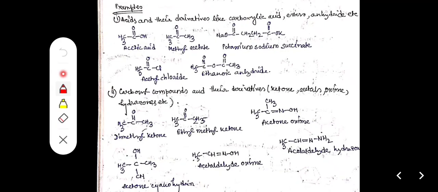Now some examples. First one, acids and their derivatives: the carboxylic acid, esters and anhydrides. First we have to consider that an acid has an RCOOH group. Okay. If the OH is replaced by chlorine, we get acid chloride. If replaced by fluorine, acid fluoride. If COOH is replaced by an OR group, that is a COOR group, then that should be